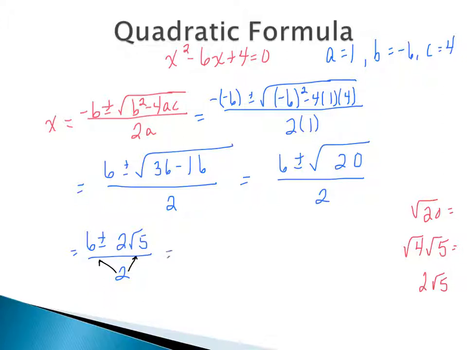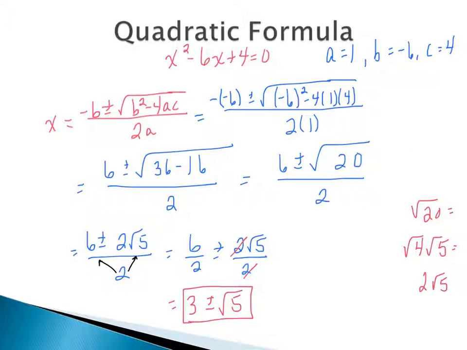If you want, you can write it so you can see how it is simplified with the 2 underneath each piece. This is helpful especially when you can't simplify, so that way you can see the fraction that you're left with. But in this case we can simplify. We get our final answer: 6 divided by 2 would be 3, plus or minus, here we're only looking at the number in front of our radical and then the denominator, so 2 goes into 2 one time, so these cancel out to be 3 plus or minus the square root of 5. And this is the answer that we got in the previous video.